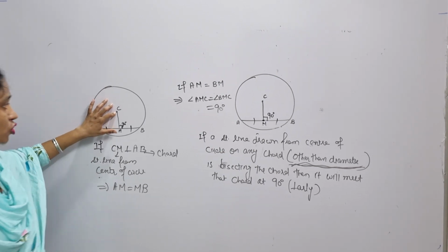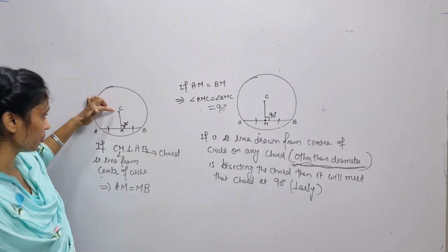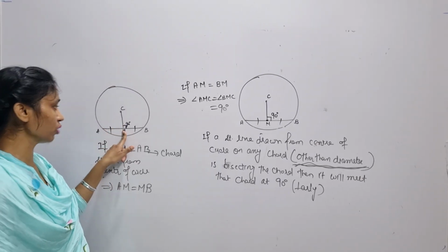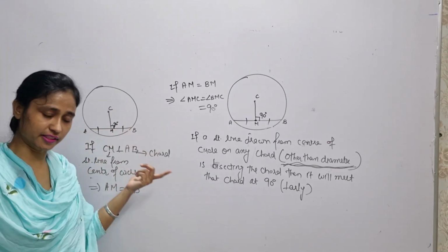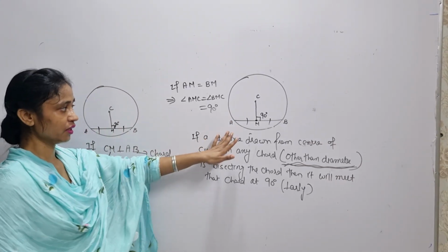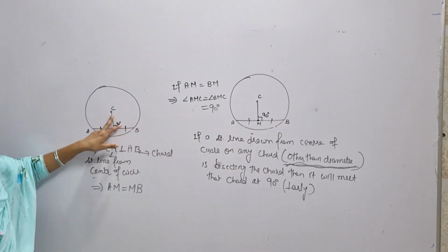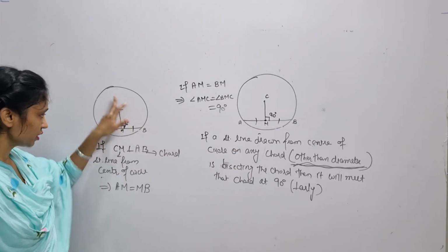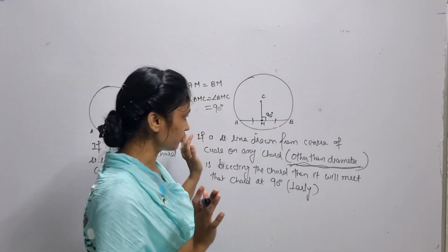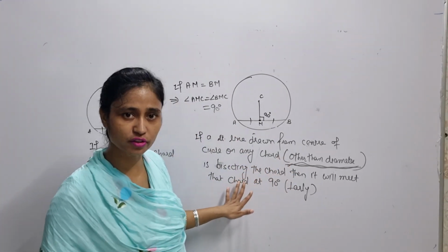अगर कोई स्ट्रेट लाइन जो आपने सेंटर से ड्रॉ की है वो कोड पे 90 डिग्री का एंगल बनाती है, और आप कह सकते हो अगर स्ट्रेट लाइन जो आपने सेंटर से ड्रॉ की है वो एनी कोड अदर देन डायमीटर के परपेंडिकुलर है, मींस वो लाइन कोड को बाइसेक्ट करेगी, मींस वो लाइन कोड को 2 इक्वल पार्ट्स में डिवाइड करेगी। ये इसका कन्वर्स है, उल्टा है। अगर बाइसेक्ट हो रही है, 2 इक्वल पार्ट्स में डिवाइड हो रही है, मींस यहाँ पे 90 डिग्री का एंगल बनता है। अगर दिया कि यहाँ पे 90 डिग्री का एंगल बनता है तो मींस इस लाइन ने पूरी कोड को 2 इक्वल पार्ट्स में डिवाइड किया। ओके, सो for 10th standard students to do the chapter related to circle, this much information is sufficient.